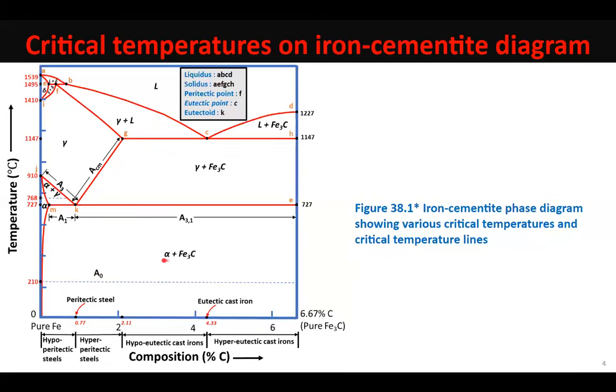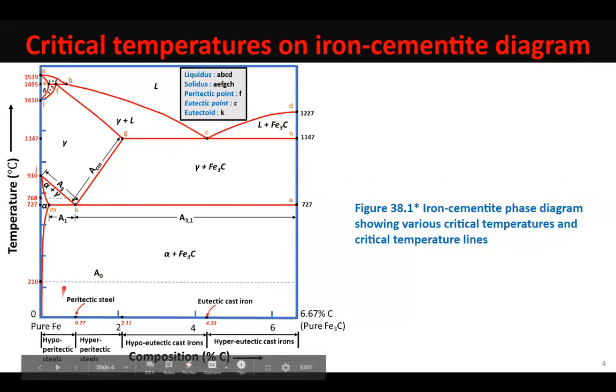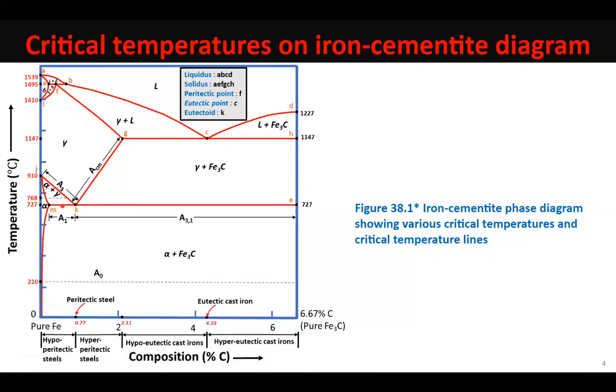Perlite plus pro-eutectoid ferrite. So as you heat a hypo-eutectoid steel and reach this temperature, 727, the entire perlite transforms to austenite, but we are still having some pro-eutectoid ferrite left. But what is the first temperature where you get to have austenite in the steel? It is 727. So this line is the lower critical temperature of hypoeutectoid steels, and the same is true for